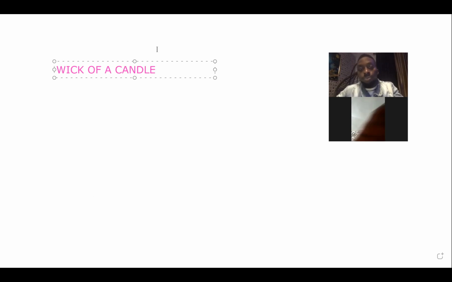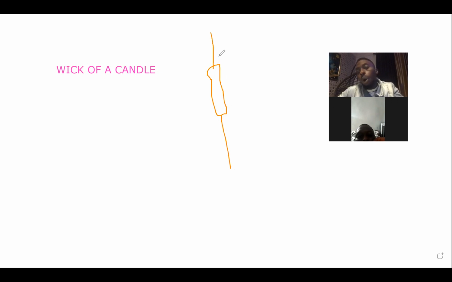Wick of a candle. The wick of a candle is when you have this stuff under it that looks like a pin, here or here. That is what we call a wick. Understand? So for you to draw a resistance zone or a support zone, now we're calling them,